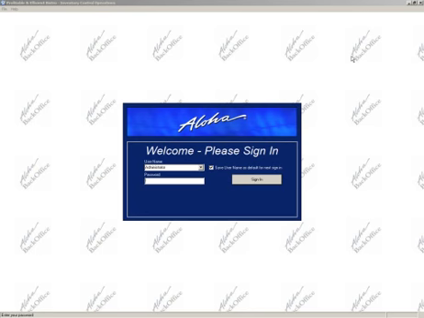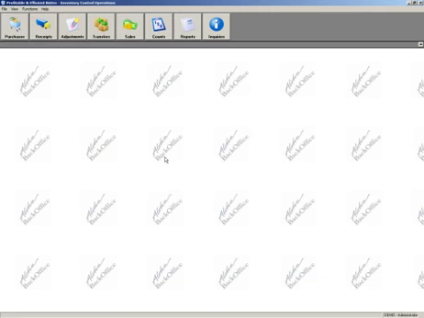Here, what we're looking at is the Aloha Operations part of the program. The Aloha Operations part of the program is where all the transactions happen. What we're going to do here is quickly sign in and look at these large easy-to-use buttons that represent the